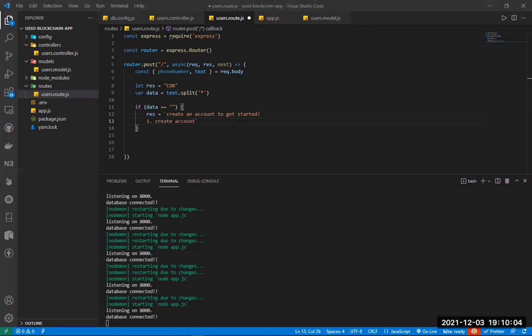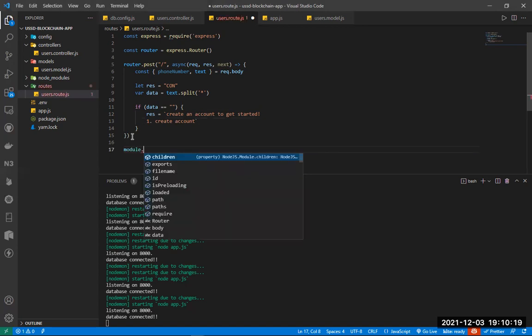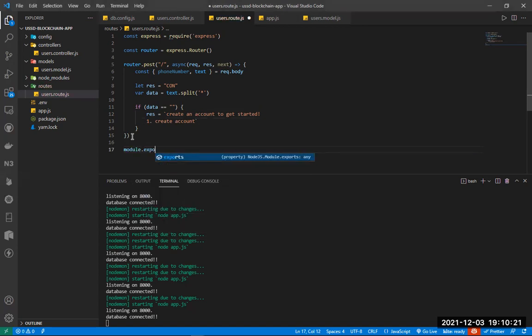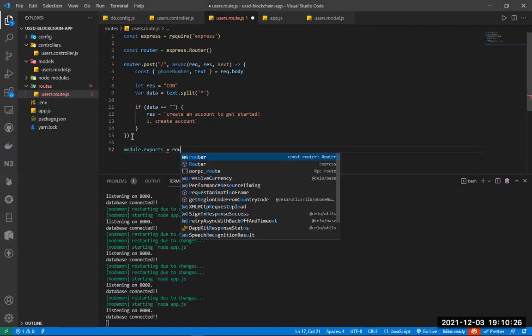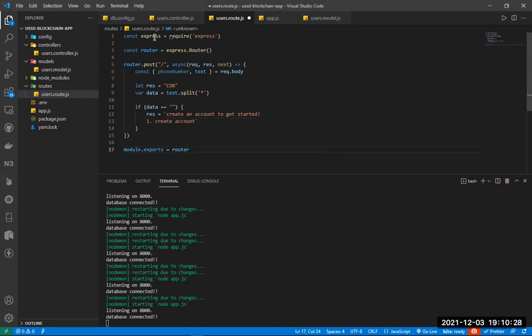Having our first menu, now we can export this module so that we can access it. So, module.exports equals. So yeah, now we have exported it, and now we can import it